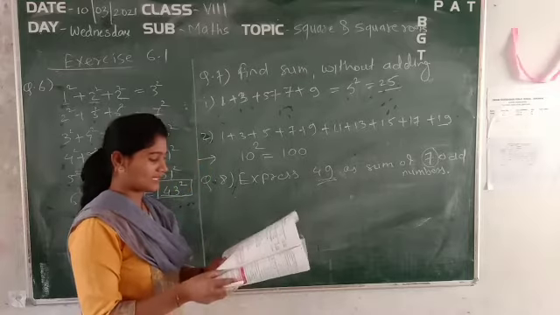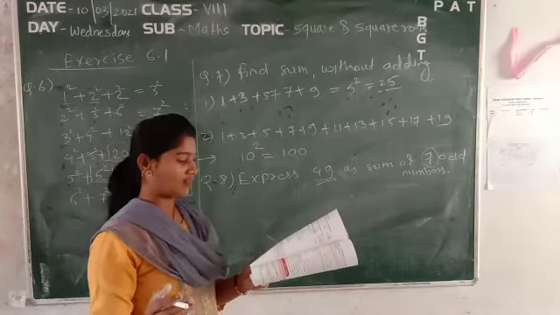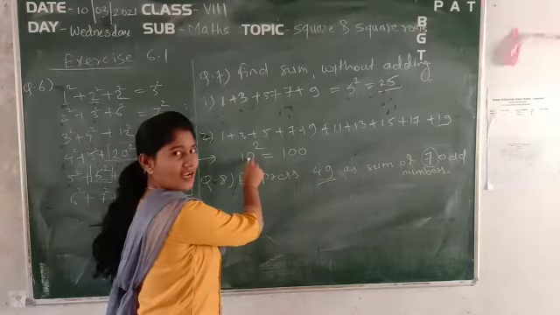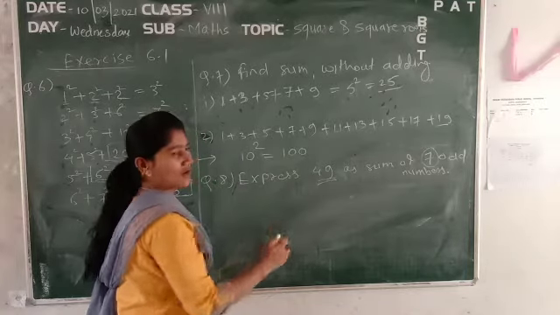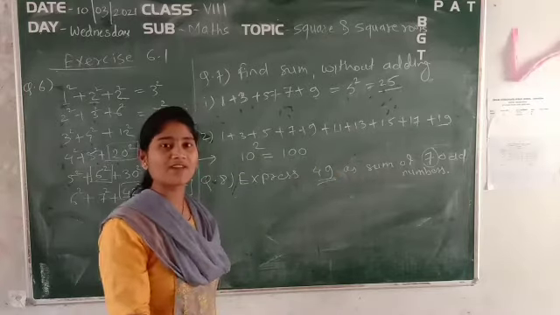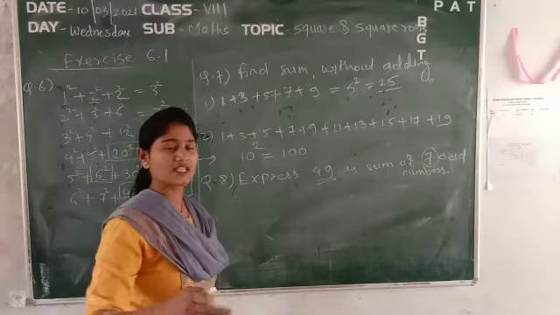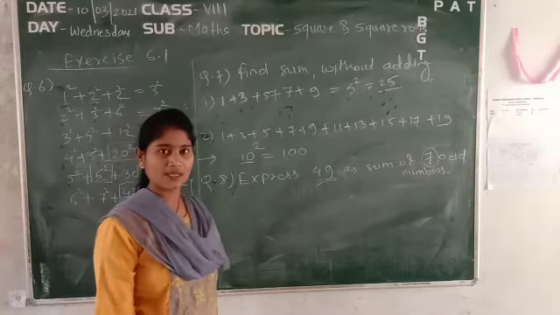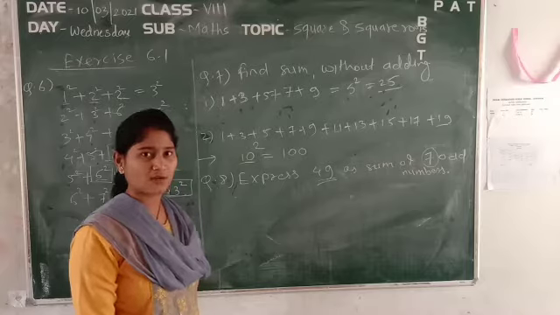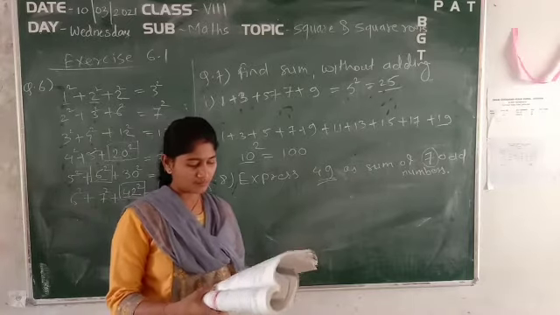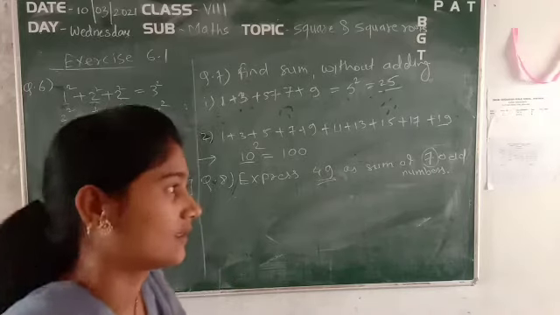Similarly, the second question is given. Express 121 as a sum of 11 odd numbers. It means that here we have taken 10 odd numbers. In the same way you have to take one extra odd number, like after 19, 21 will be the extra odd number. In that way 11 odd numbers will be formed. Clear? So you can do the second question. I'll write down the first question. Then finally you have the ninth question, which we will see later.